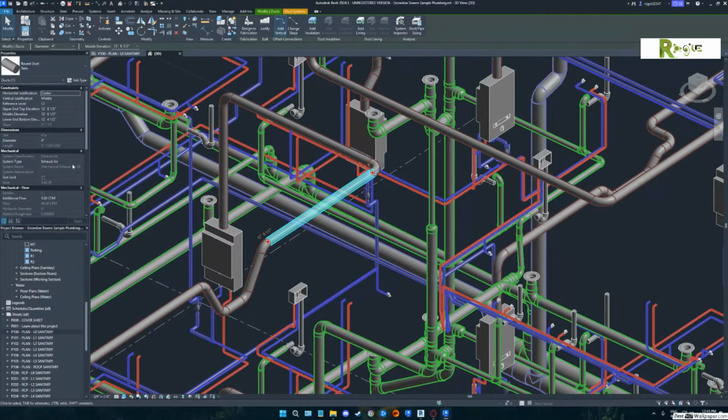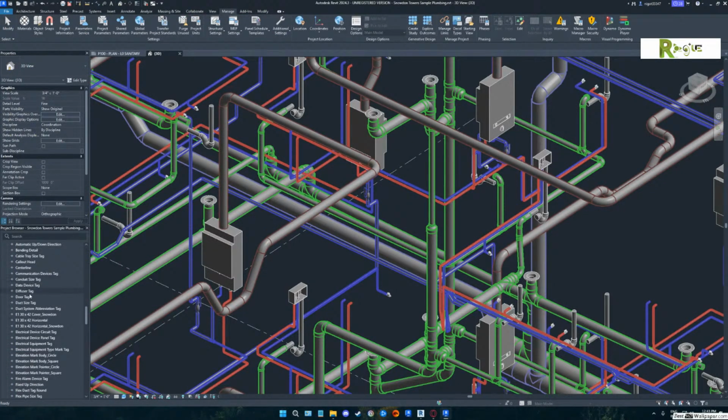So in our project browser, if we were to go down and find duct systems. In families? Families. And then duct systems. Nope, nope, nope. What's happening now is you're looking into annotations. If you scrolled up a little bit, you would see that one for analytical link. There you go. Nope, nope. Close that one too. Go down to duct systems. See the exhaust air? If you double clicked on it,